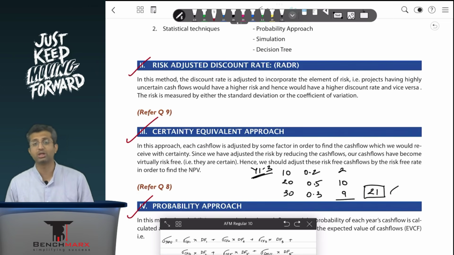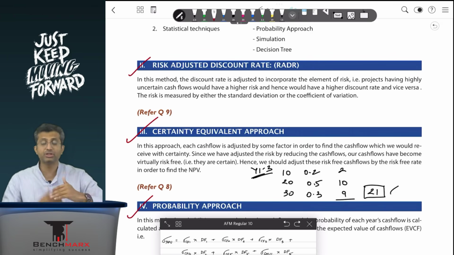The second approach over here is the certainty equivalent approach. When you look at certainty equivalent, we say that usually we try to predict cash flows. However, that is based on your expectation of the best case, worst case, average case, etc. happening. Now there is a possibility that I expect that if I take a batch, I might get 100 students, I might get 150 students, I might get 200 students. I'm making expectations of the students that I will have in case I take a batch. So there is a range of possibilities. However, if someone were to ask you, how much are you quite certain? Bare minimum, how many students will come? We are saying that, let's say, 50 will come at the bare minimum, for example,